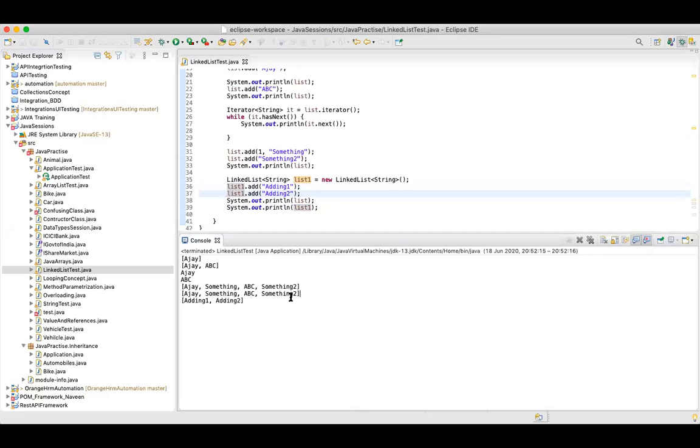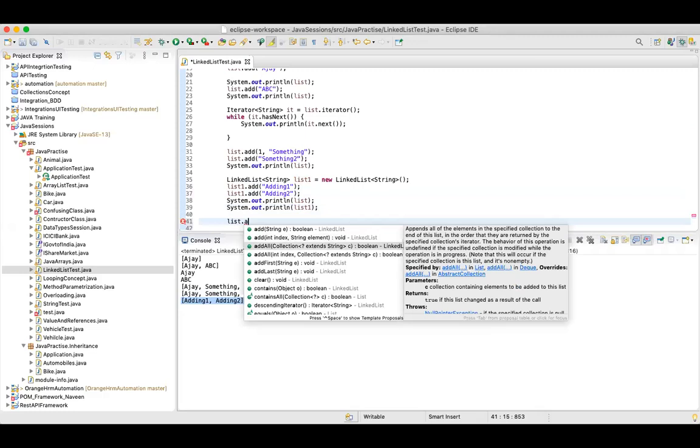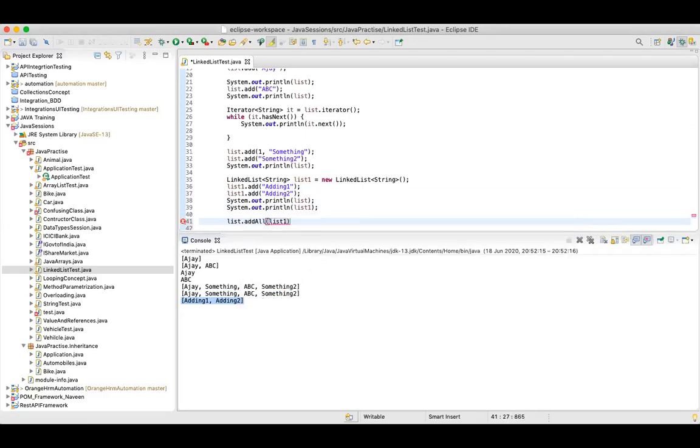So when I say Ajay something, ABC something, this is in my main list, and now I have list 1. Okay, so I have 2 elements in my list 1. Now I want to add all the elements from a list to another list. So I'll say list dot addAll. What is addAll? addAll is expecting a list. So guys, for all those who have already attended yesterday's session, it could be a revision, I would say. But yeah, there are a couple of extra methods as well for linked list. We will cover that as well. So I will say list dot addAll, and it would be list 1.